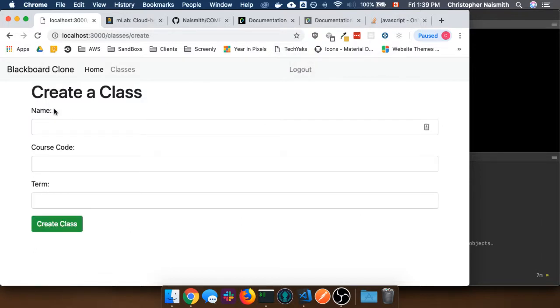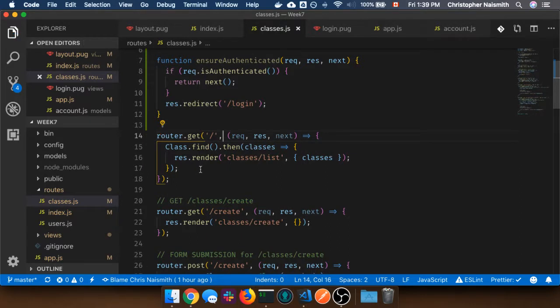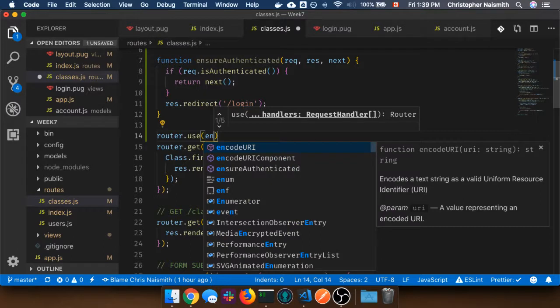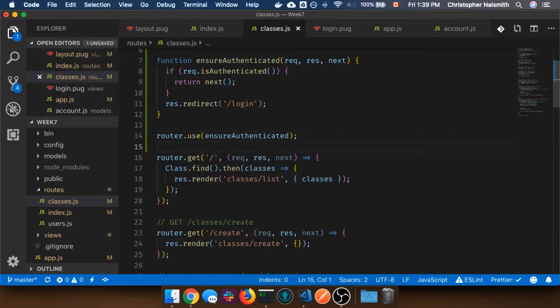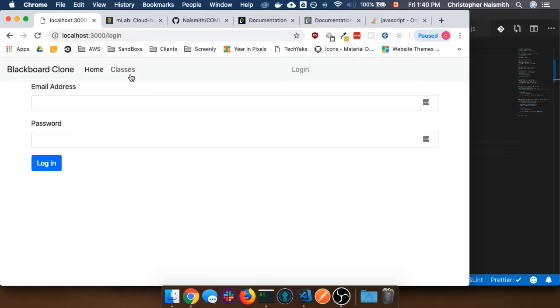If you were logged out, you can still access it. Correct. But here's where it gets a little bit fun. Instead of throwing this on just that one route, what we can do is take it out of here, and we can make it so that everything that is inside of classes is protected. So instead of doing router.get, router.use, and we do our ensureAuthenticated,